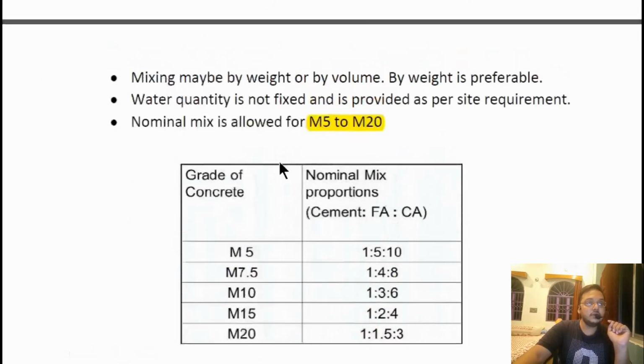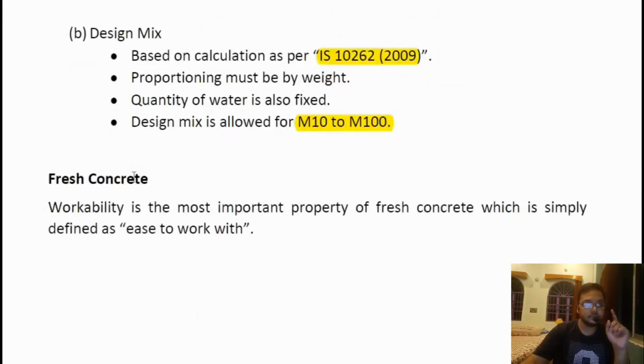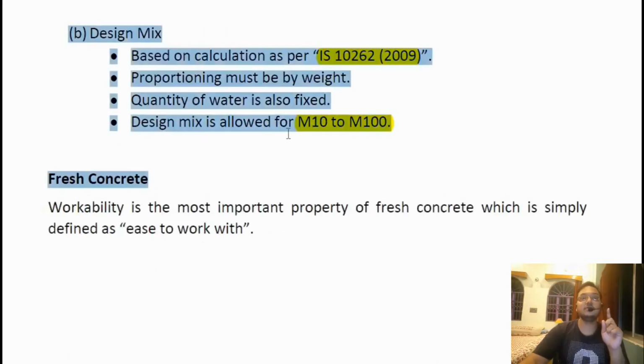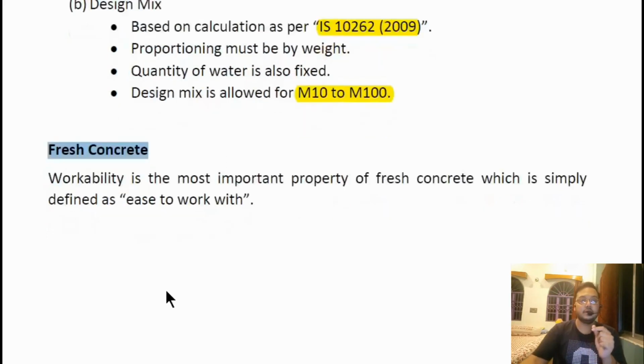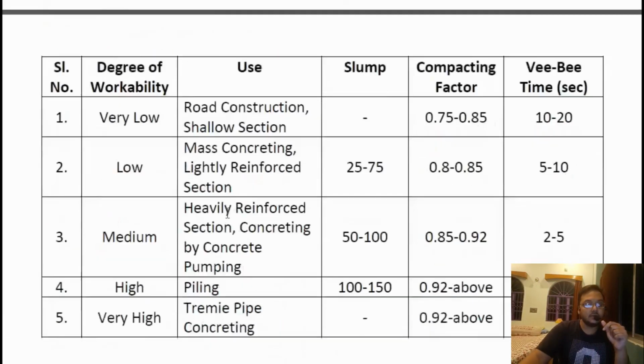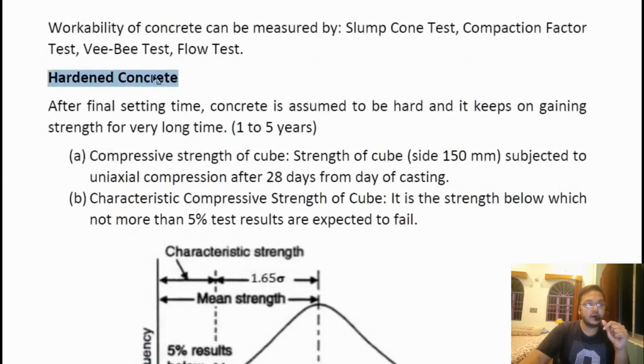So next, whenever you are making concrete, it actually has two different states. First is the fresh concrete. That is, you have just made the concrete, you have just mixed the cement, that particular binding material, the aggregates and water, and whatever result you have after proper mixing will be the fresh concrete. And next, after the fresh concrete, we have the hardened concrete.